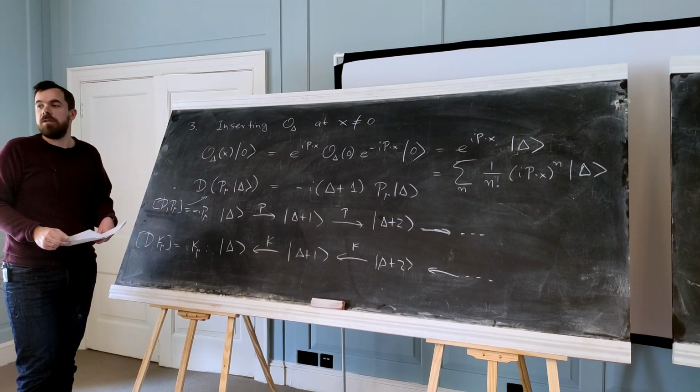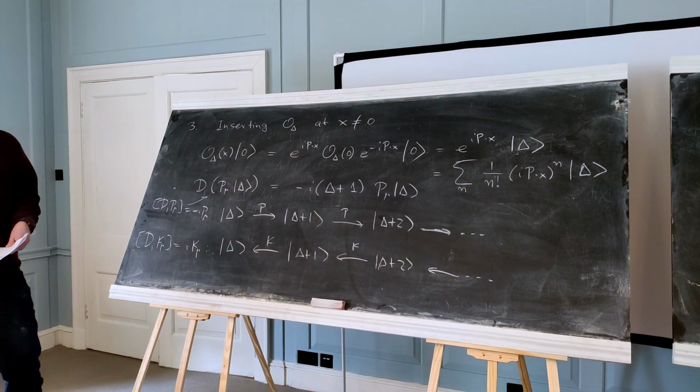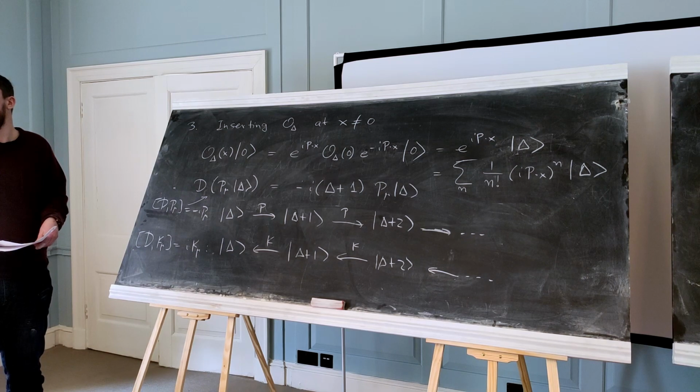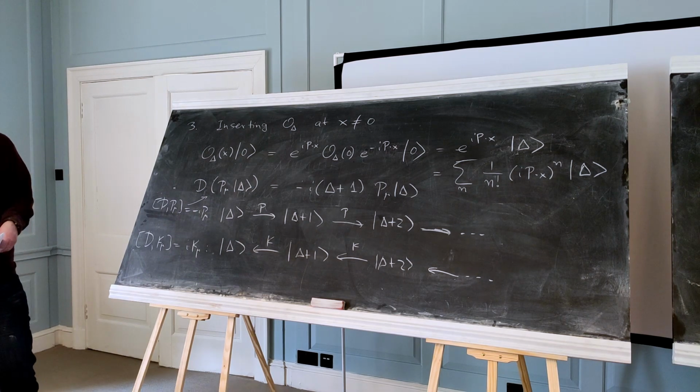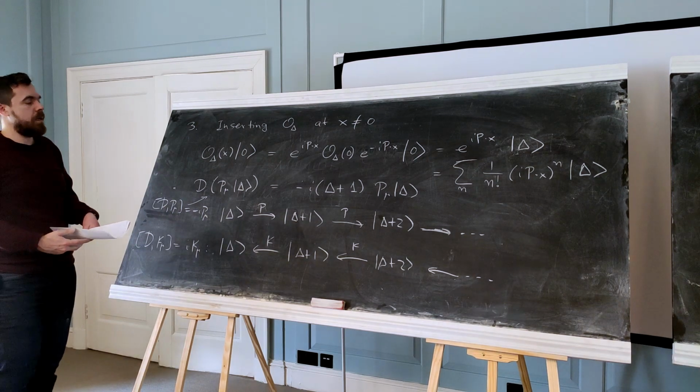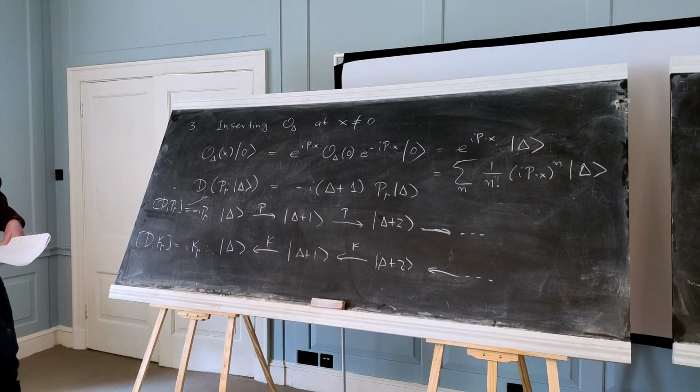Other questions? Yes? So if we set it up so you can't build a Verma module over the vacuum, because you're saying P is annihilating your vacuum. I thought normally you do have a way you can start with the vacuum and build up a whole hierarchy of states of it.